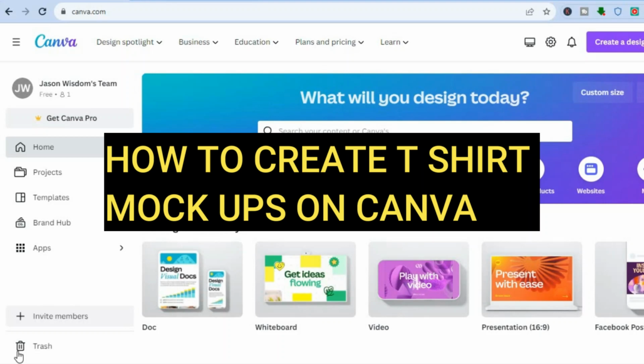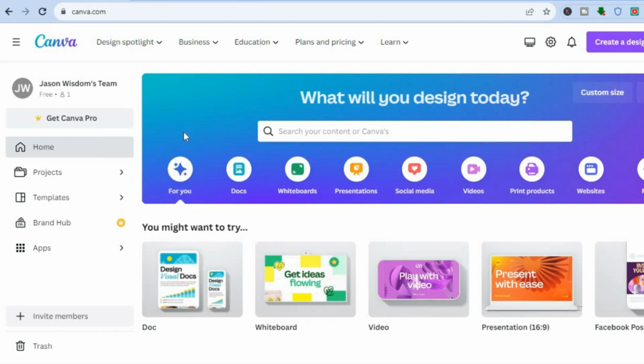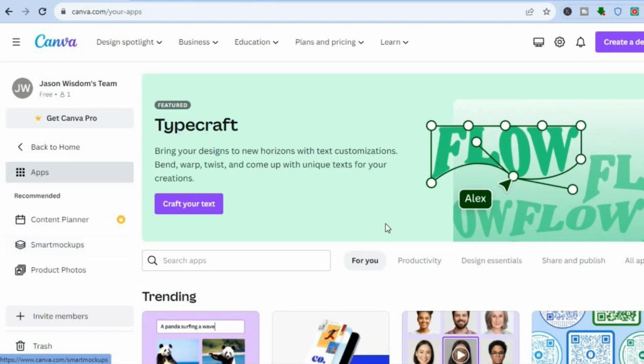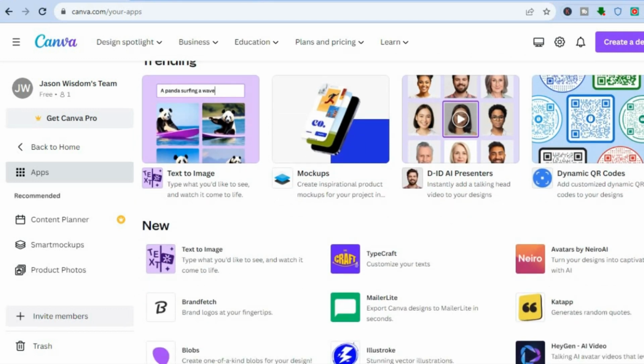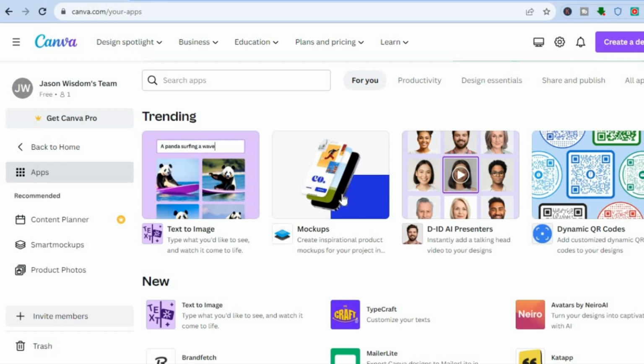In this tutorial, I'll be showing you how to create t-shirt mockups in Canva. The first thing you want to do once you are signed in to canva.com, I want you to go over to the left-hand menu option. And right where you see apps, you're going to tap right there. After tapping on apps, I want you to scroll down and I want you to select the app right here